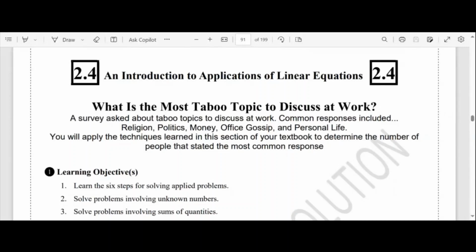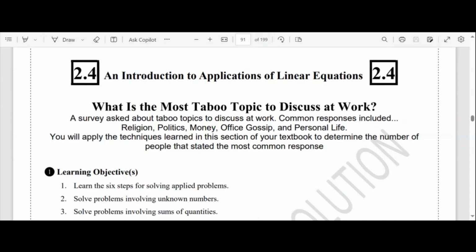2.4 An introduction to application of linear equation. What is the most taboo topic to discuss at work? That's a question, right? A survey asked about taboo topics to discuss at work. Common responses included